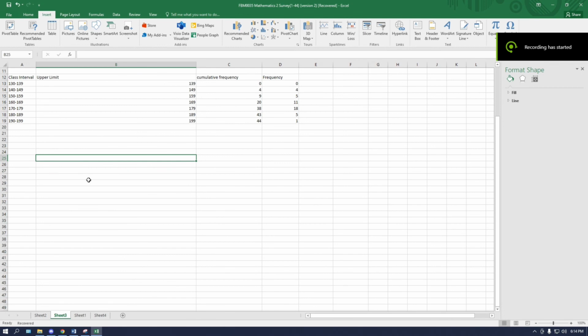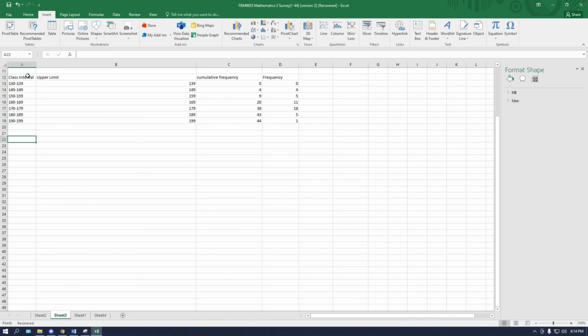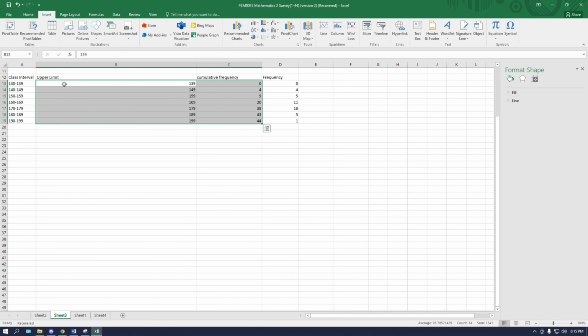Alright, so for our ogive graph using continuous data, firstly we'll have our class interval, and then from our class interval we'll get our upper limit, which is the maximum point for each class interval, and then from here we also have our frequency, and then from the frequency, if we add up, we'll get our cumulative frequency. And then to get our ogive graph, we'll take the upper limit and the cumulative frequency, and then we'll go